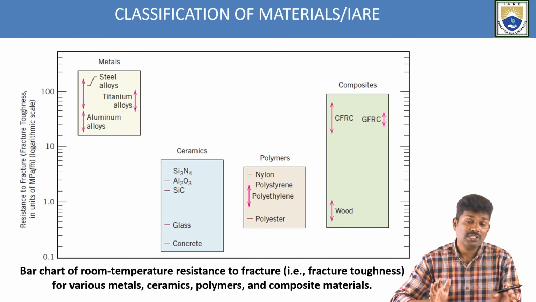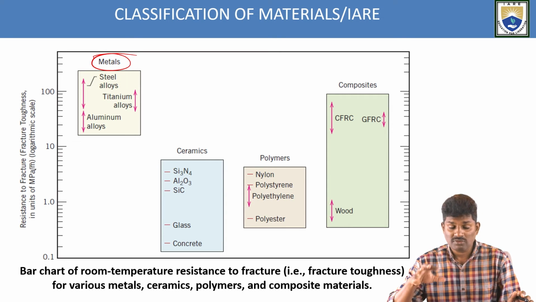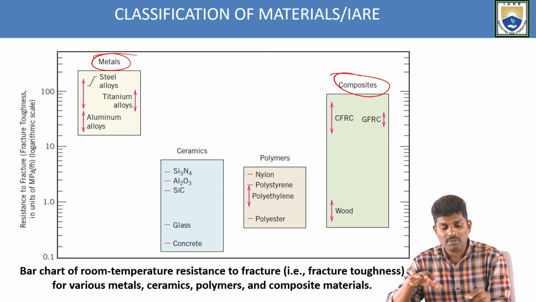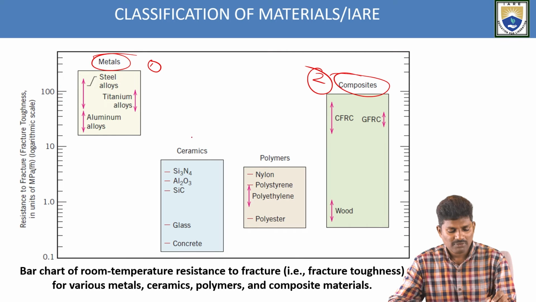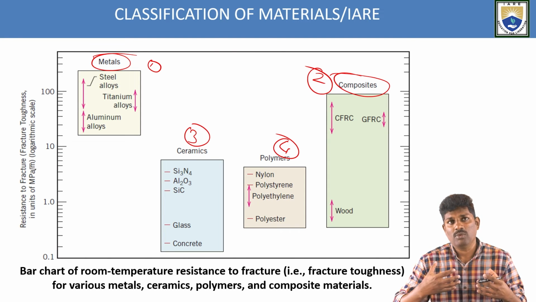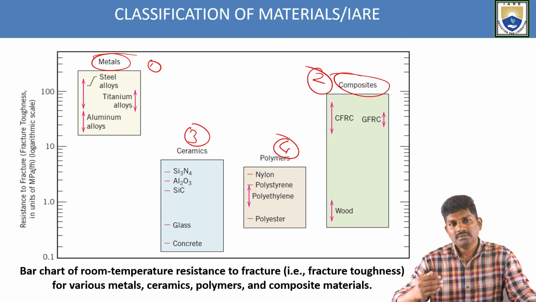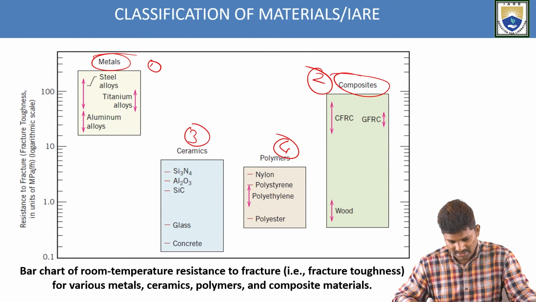Next, coming to the resistance to fracture. The one with good values is metals. Metals will have a good resistance to fracture. And coming to the second thing, you have the composites. So the first category is the metals, second are the composites, and of course third ceramics, and fourth is polymers. This is how the resistance to fracture can resist the body. So if you are selecting heavy load types of applications, then you have to go with the metals. As a second option, you have composites. That is how you have to select the material based upon the application.